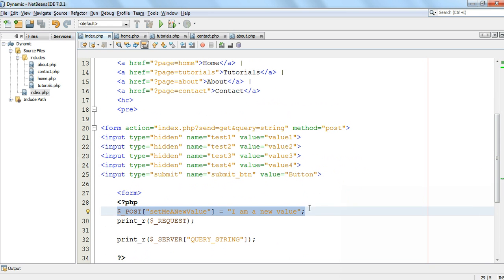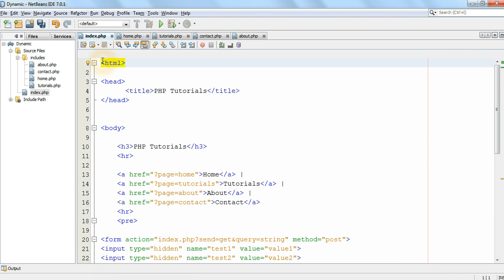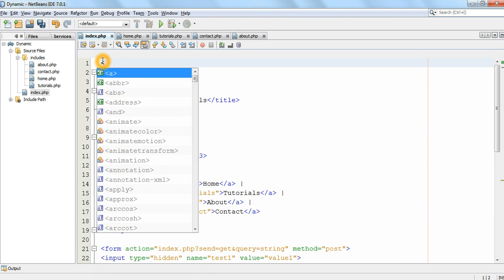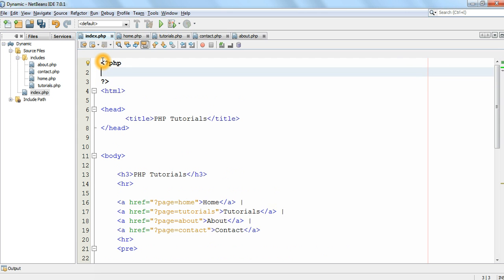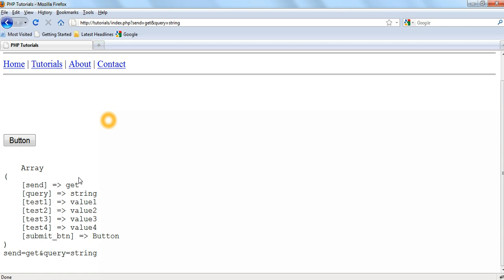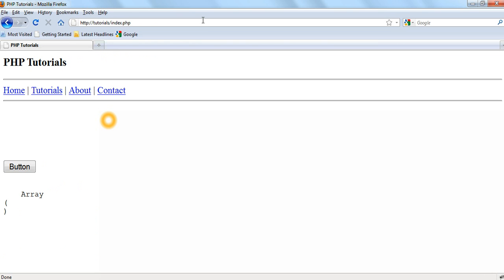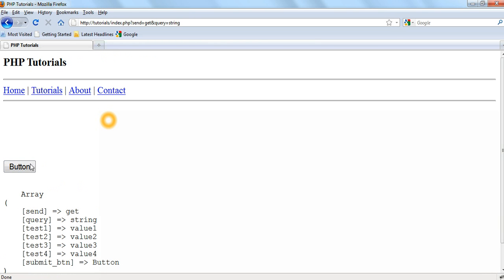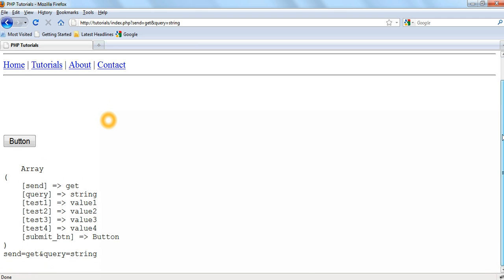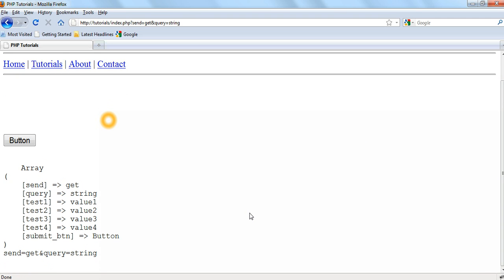Now what about if we take this and cut this, come up here, and before anything has been outputted to the page, we now update this and put that there. As you can see before, we didn't get anything. To be honest with you, right now I'm purely just testing. This is not really anything I've ever thought about. So nothing's come out at the moment. We'll click this and we still haven't got anything. Now this could be to do with the